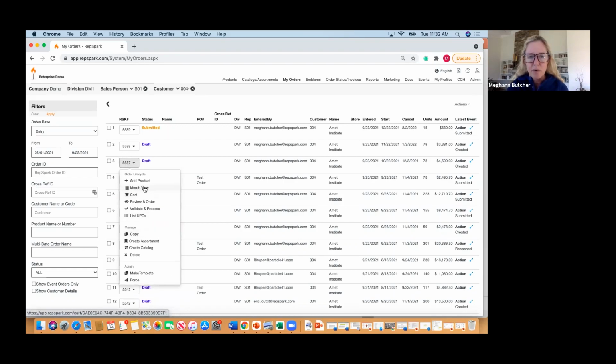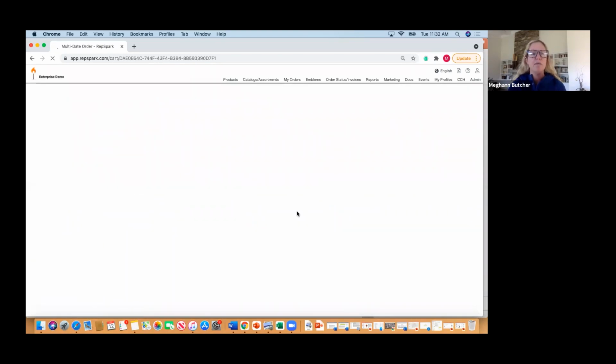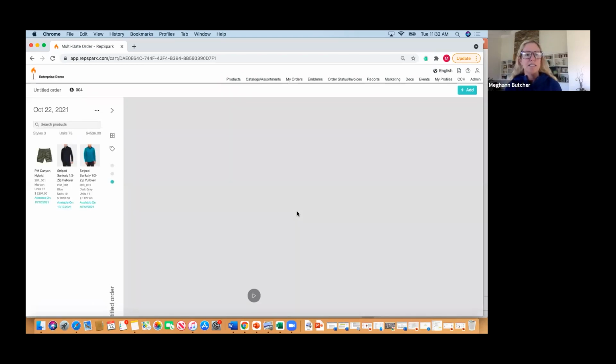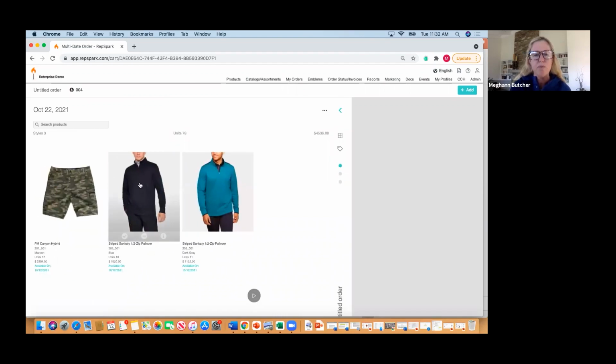So within any order, you can always go into this merch view, whether that's orders in draft status. So, hey, I put together a suggested order. I wasn't working with the catalog. I'm in my order cart. I just want to see what this looks like. This only has 3 products. That's not very helpful. But now I can also see what an order might look like directly from the My